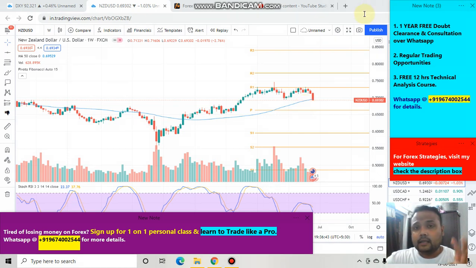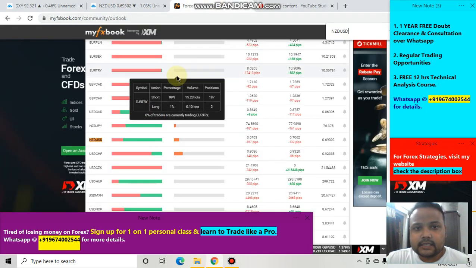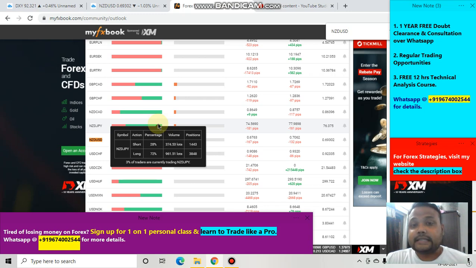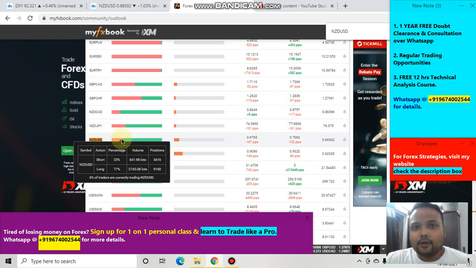Because overall, you have already seen the chart, you have understood how much the market was beaten by the sellers. And this is the forex sentiment meter. And here you can see that in a bearish market, in a market condition like this, retail traders have still initiated long positions. 77% of retail traders are still long, and this is the reason more than 90% of retail traders lose money in